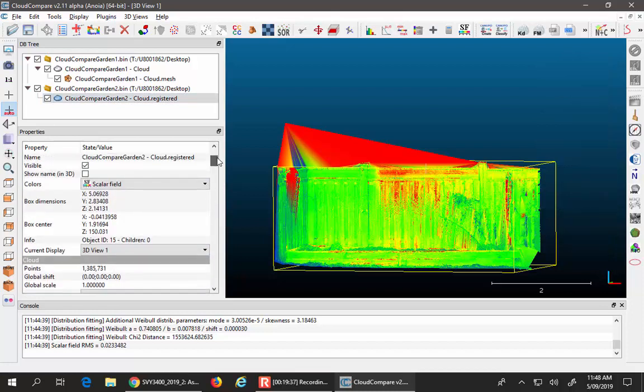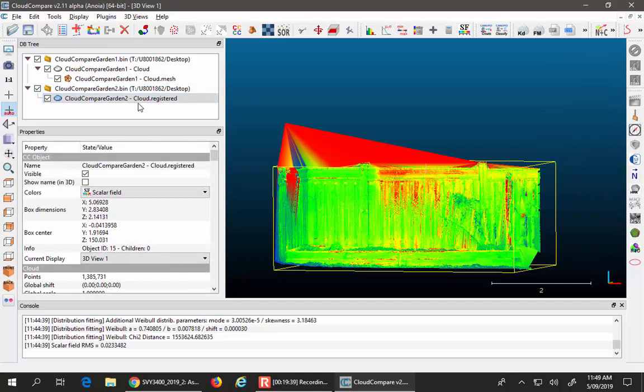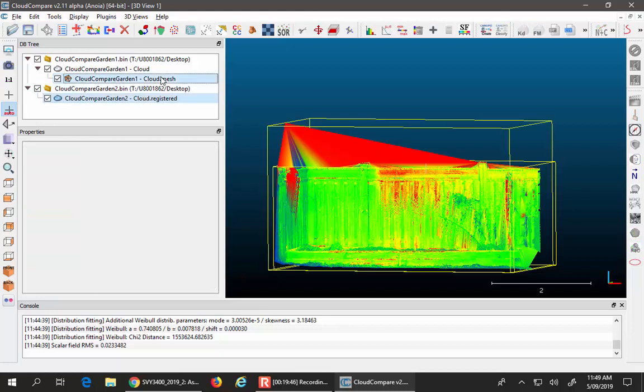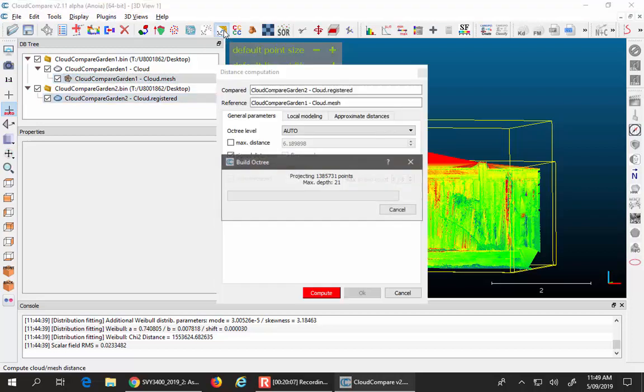Okay, now I want to try another method, which is cloud to surface this time. So I click on cloud, and I click on the surface this time, not the cloud one, the surface one. And see, now you have this option appear, because I clicked on the surface and cloud, I don't have the cloud to cloud method anymore. I can only do cloud to surface. If you click on that method,